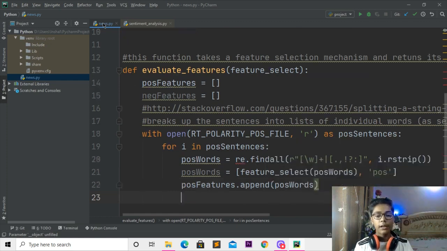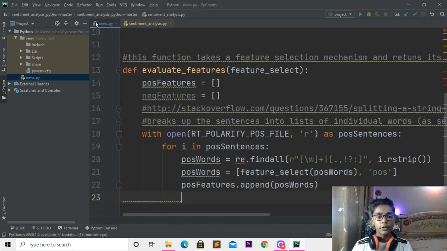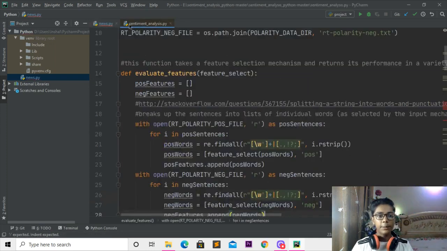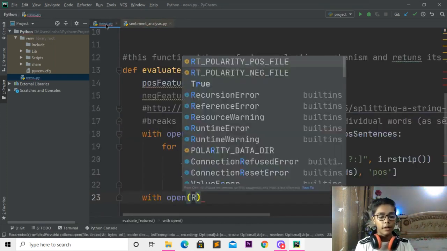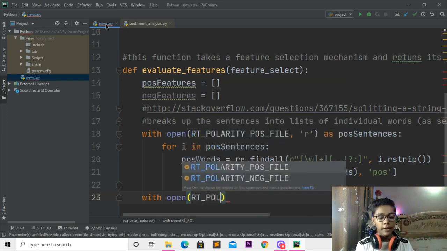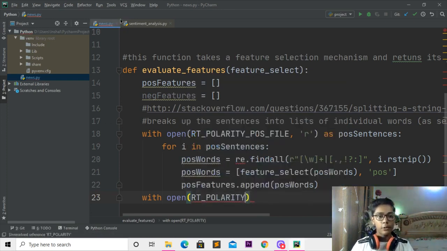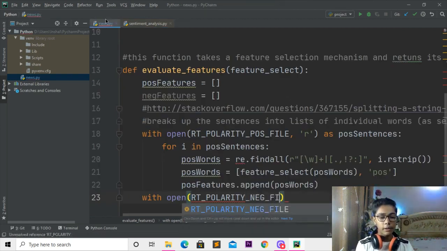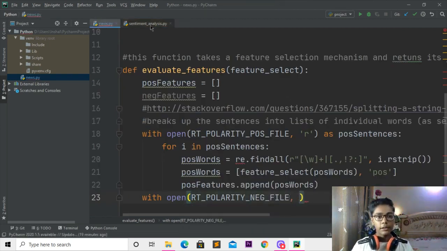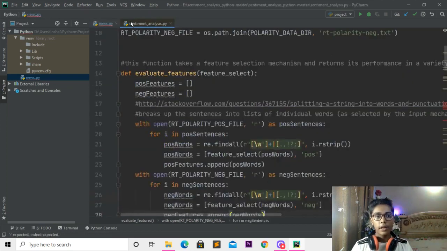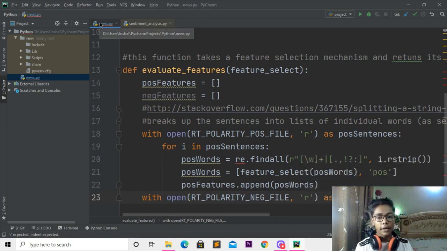When you've done with that, I'll be coming underneath, and you have to write with open, then move here and write rt-polarity. Now I'll be writing here, you have to come here and write NEG file, then a comma, and write a string, r, then write as, and then NEG